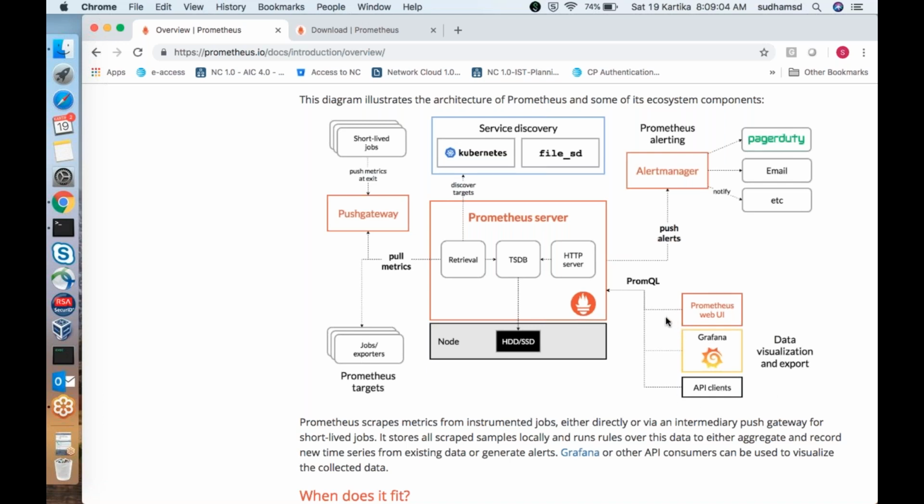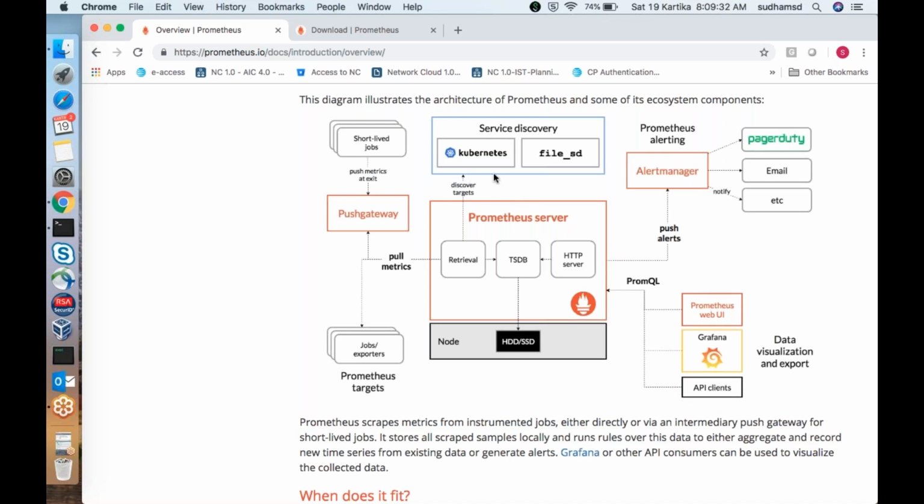Not only that, this Prometheus can integrate with alert managers like email servers and PagerDuty. So it not only has the functionality of showing its own information in the dashboard, it can also give the information to the other tools. That is how it is designed.